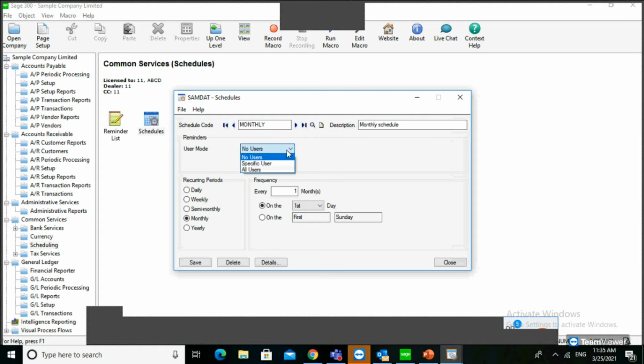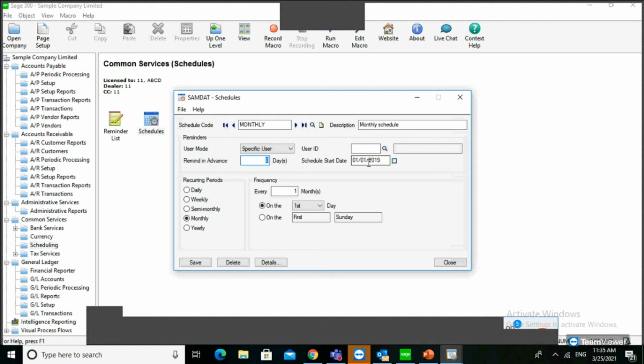You have to define the schedule code, whether you want to remind a specific user, all the users, or some. You can define it from here. If you want to remind a specific user, you can define the user ID here. Also, if you want to be reminded 3 days before that particular transaction, you can give the remind advance days also.